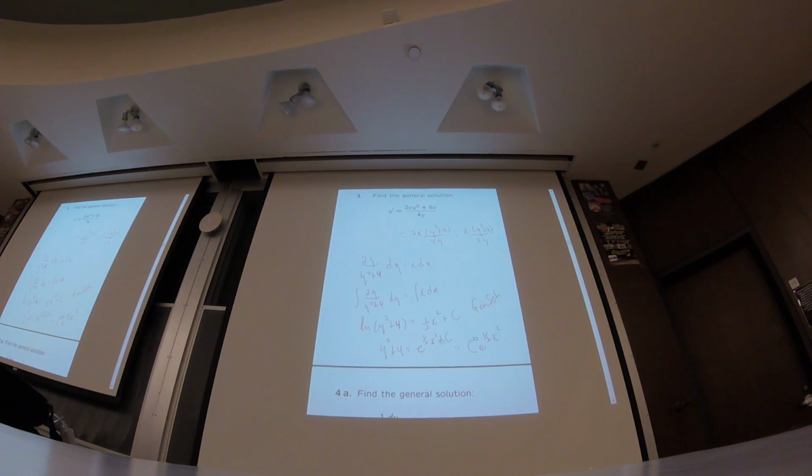All right, I better add a page here. So let me write it down again. y squared plus 4 is c e to the 1/2 x squared. So y squared plus 4, sorry, y squared